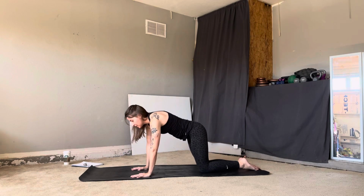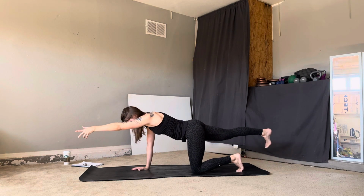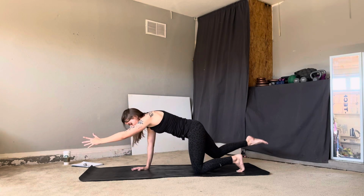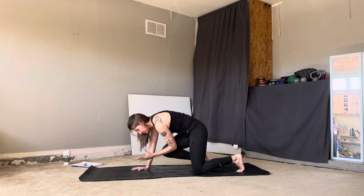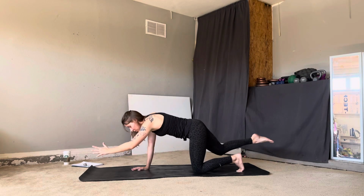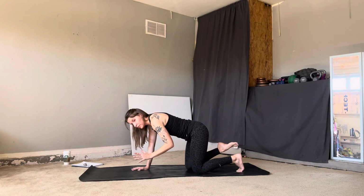Coming forward. Let's extend our right leg, left arm out long, and then bring the elbow and knee toward one another underneath the body. Really press the floor away. Take a breath in as you extend, and then draw it in. And last one, extend, and crunch it in. Wonderful. We'll extend once more, and then allow your right knee to come to the floor,